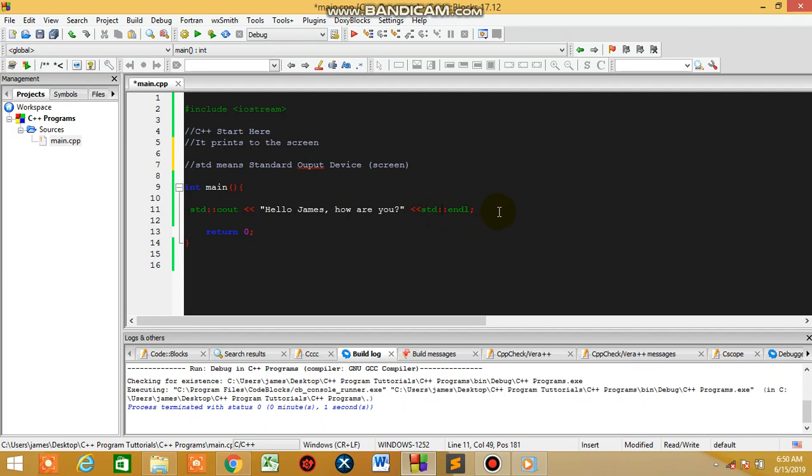Notice that this statement ends with a semicolon. This character, this is the semicolon. This character marks the end of the statement, just as the period ends a sentence in English. All C++ statements must end with the semicolon character. One of the most common syntax errors in C++ is forgetting to end a statement with a semicolon. So never forget to end your statement with a semicolon. If not, you risk having some errors in the program. This is very important, the semicolon. Okay, and you may have noticed that